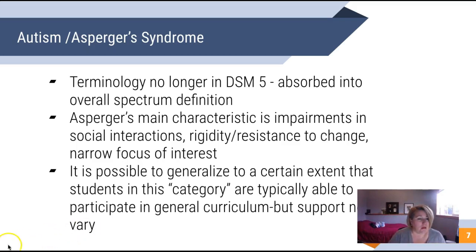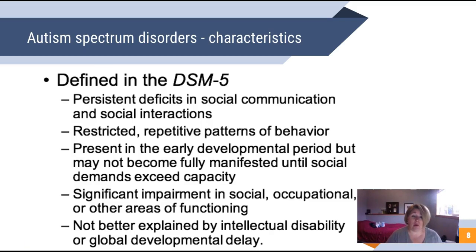So, all right. Going on into the DSM-5 a little bit more, now that they have pulled all these different disorders under one umbrella, we can talk about that they have to see these kinds of characteristics to be considered within the autism spectrum. So, as defined, the first one is persistent deficits in social communication and social interaction. That one we know, and we saw it a little bit in that video from the Kennedy Krieger Institute.